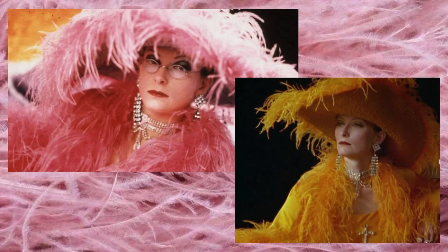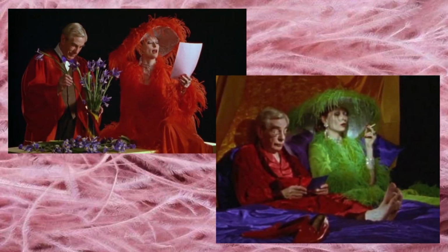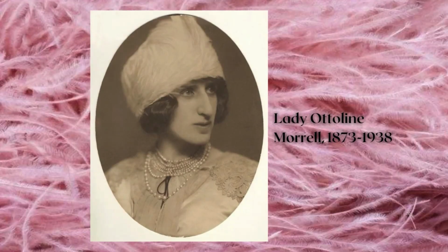Tilda Swinton comes again in these crazy multicolor feathered pieces that are so vibrant and excessive and silly, and it works so well. And when I did more research into it, her character is meant to be Lady Adeline Morel,